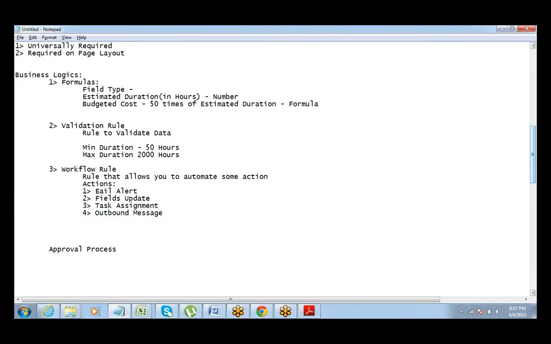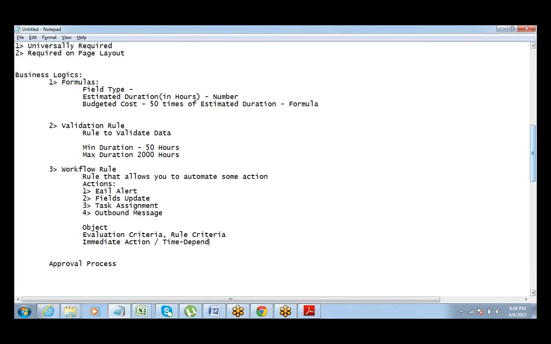So we just have to choose the object for which we want to define the workflow rule, define evaluation criteria and rule criteria, and define the immediate actions or time dependent actions.